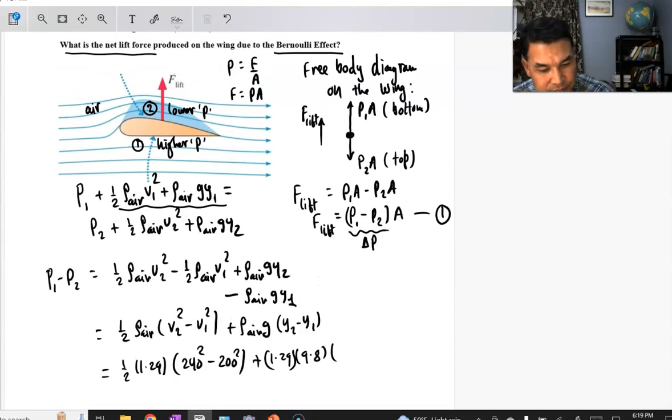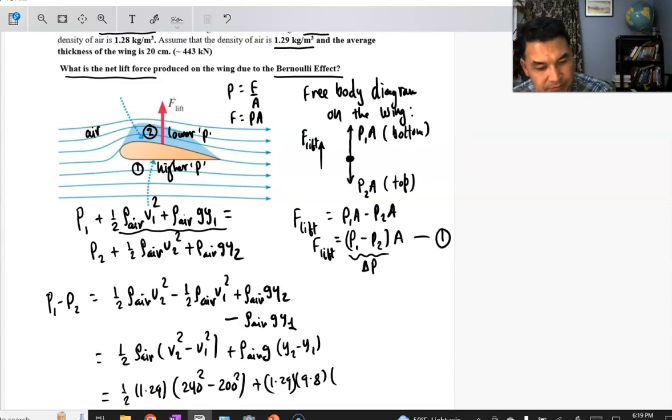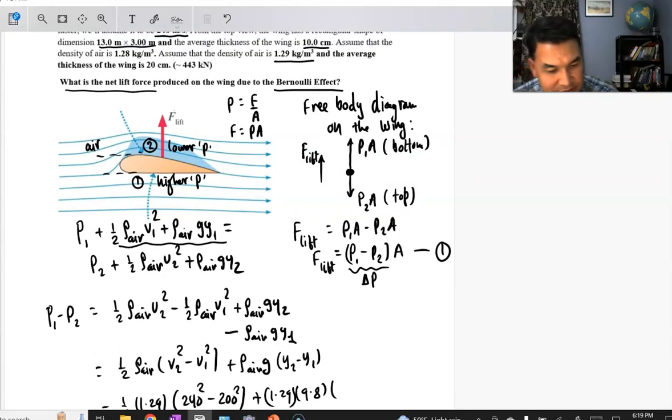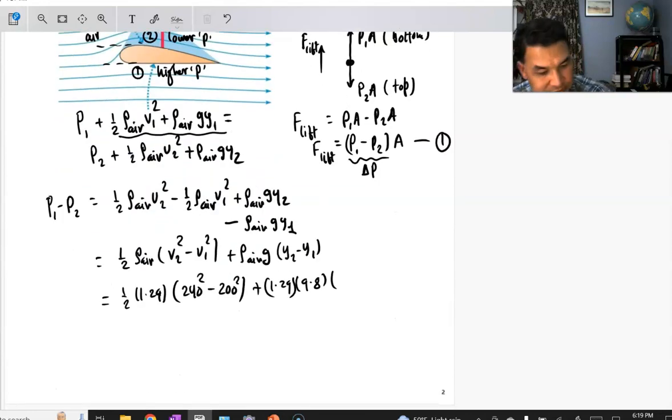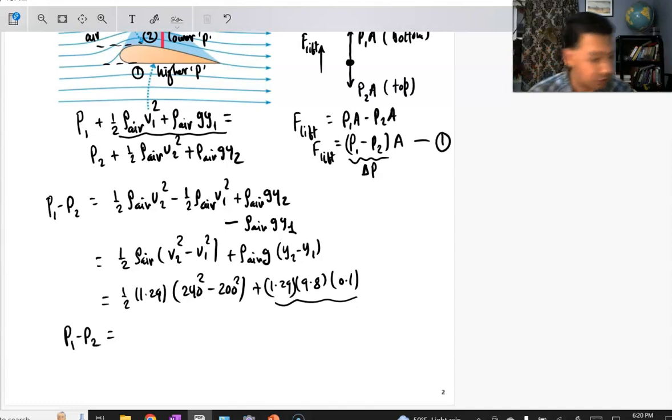And Y2 minus Y1 is simply the thickness, the average thickness, which is 10 centimeters, so 0.1. You can clearly see it has very little contribution to the pressure difference. So this will give you P1 minus P2, the pressure difference it creates, and that generates the lift. After calculating, that gives me